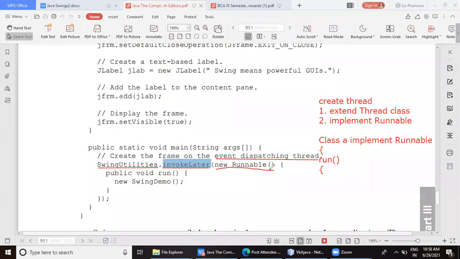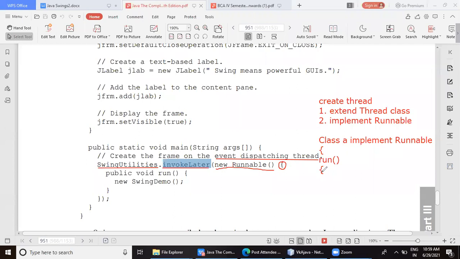New Runnable means I'm trying to create an instance of the Runnable. See, remember here, and immediately after that there is no semicolon. I have given what?